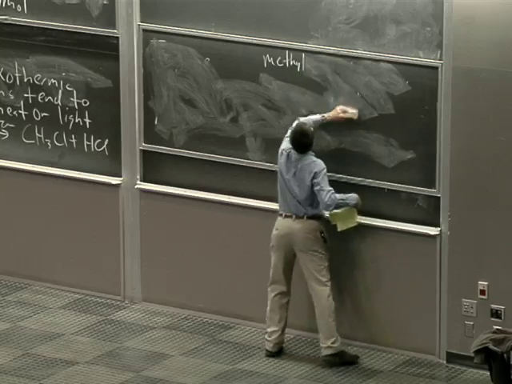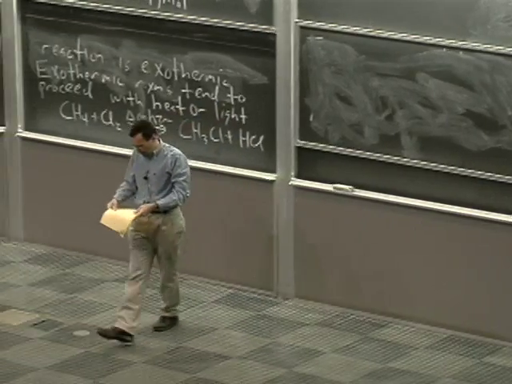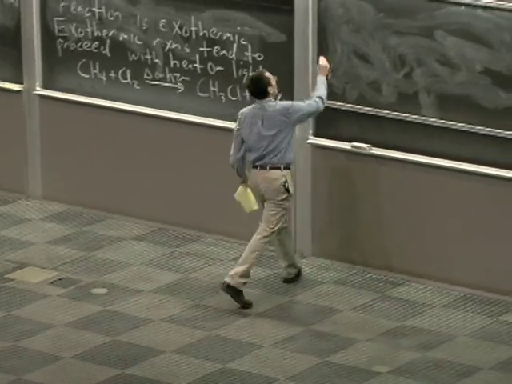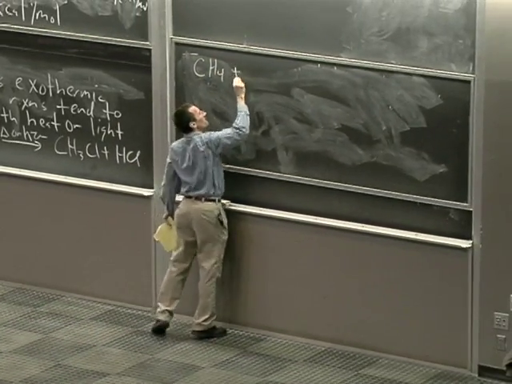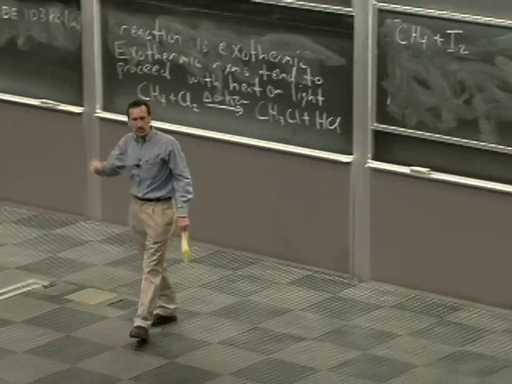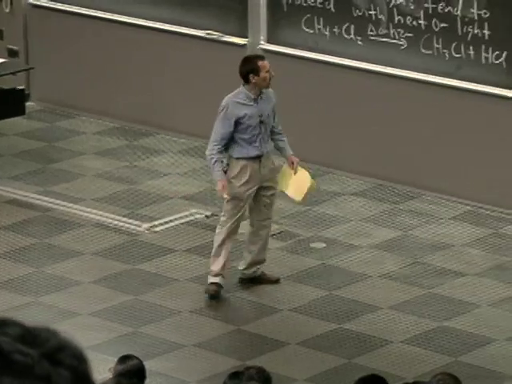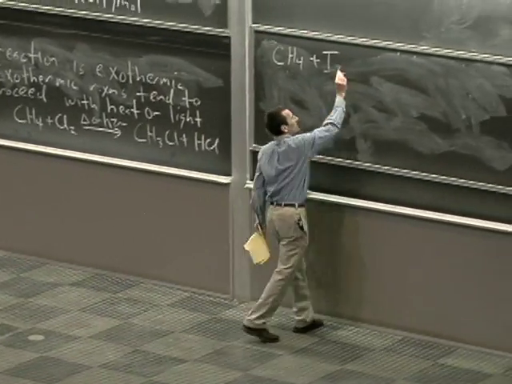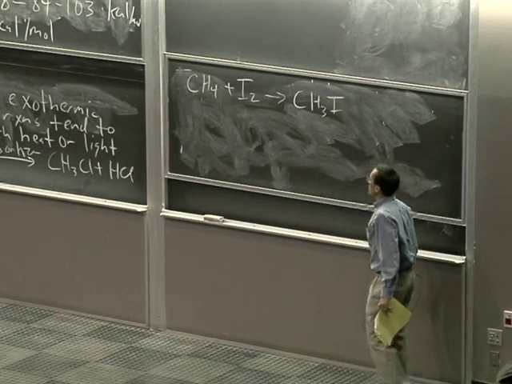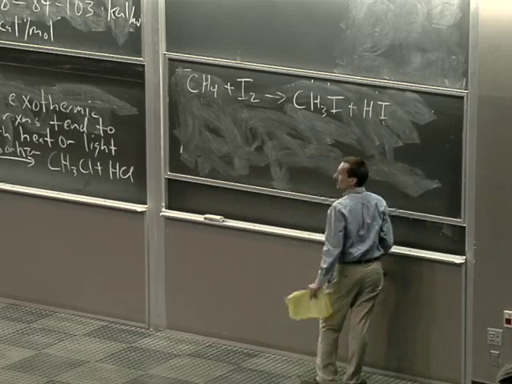All right, so what good is all of this? Let's take a look at another example. And I'm going to write a perfectly reasonable reaction on the blackboard. As a matter of fact, it's one that you should have been able to predict by analogy. After all, the halogens are pretty similar. Iodine is in many ways related to bromine or chlorine. So let's write the reaction. Iodine plus methane goes to methyl iodide plus HI.